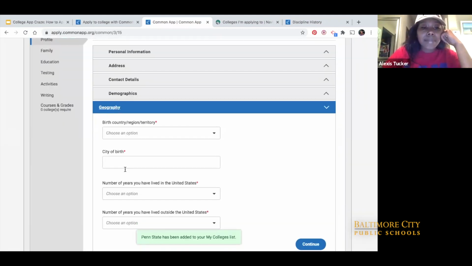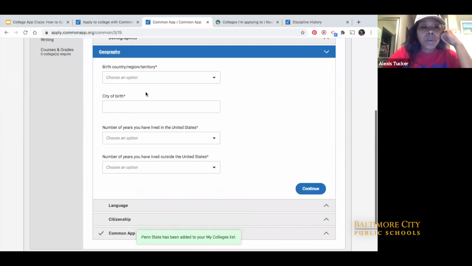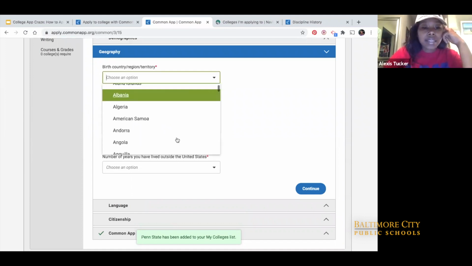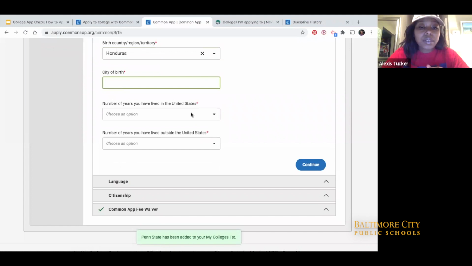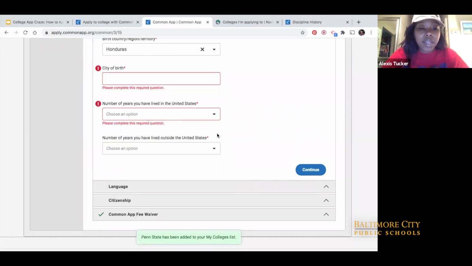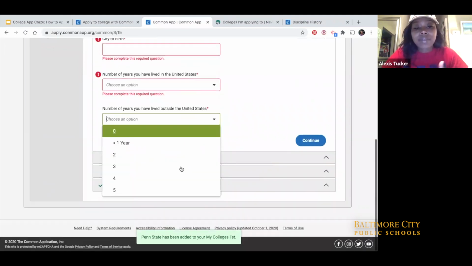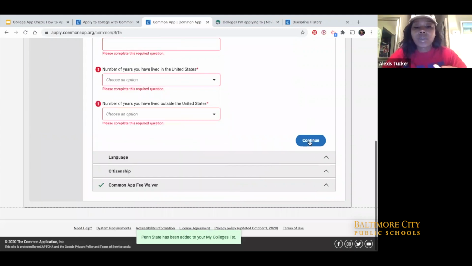The next section is about geography. So where were you born? And where have you lived outside of the US if this applies to you? So for example, if I'm an ESOL student and say I was born in Honduras, I can select Honduras. I can add in my city of birth, and I would write in the number of years that I've lived in the United States and number of years I've lived outside of the United States for additional information for those